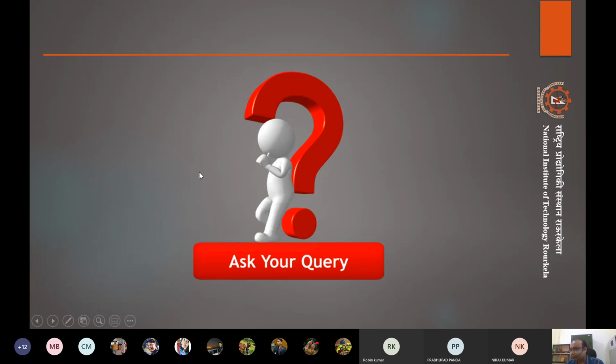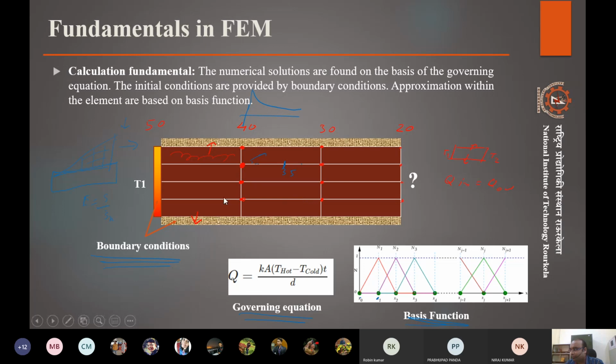Okay, so this is understood, right, that we divide the geometry into nodes and meshes, and basically we have elements and their nodes, right? So all the calculations are done for the values at the node. So if this is a T1 and suppose the last one is T2, basically we will have some values, like for example 20 and 50, if the delta T is there, then 40 and 30 will be values at these nodes.